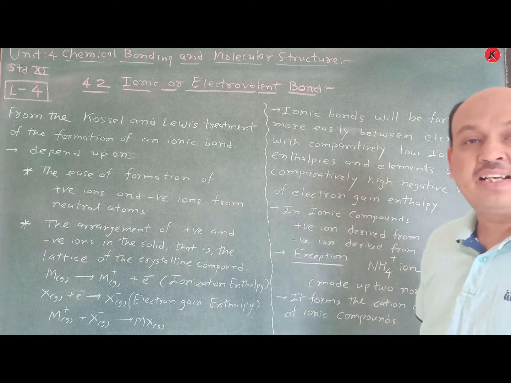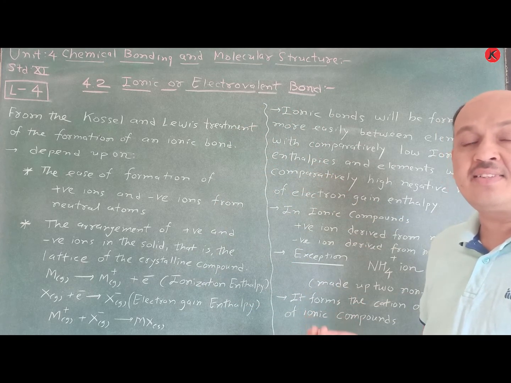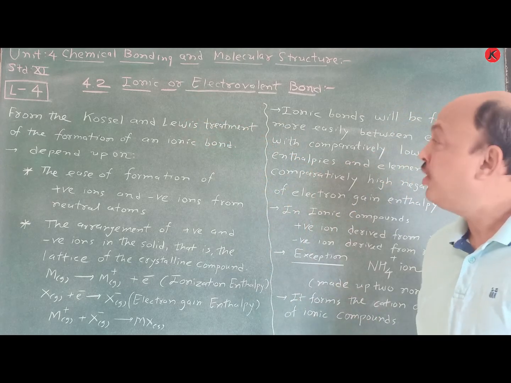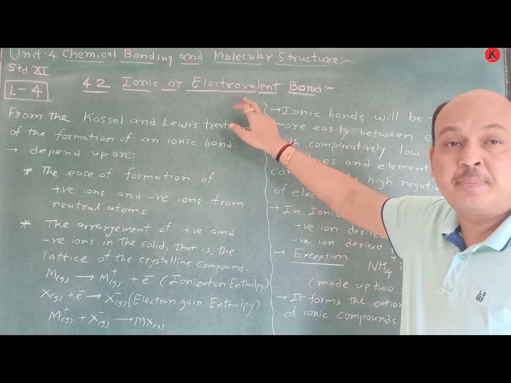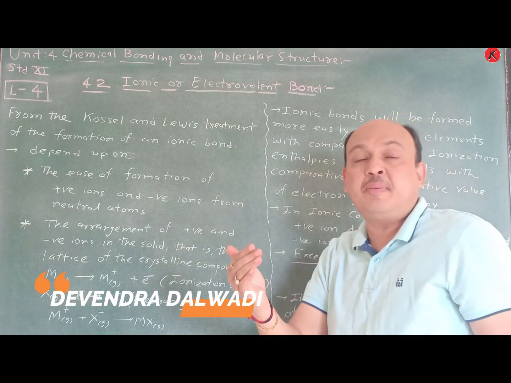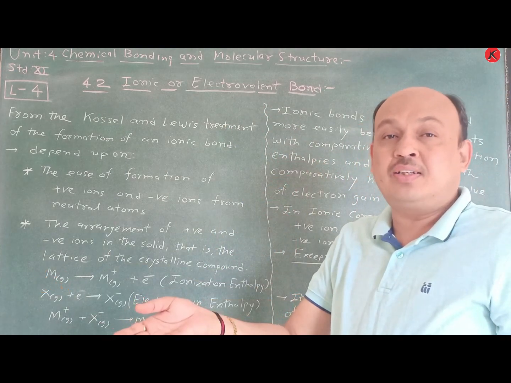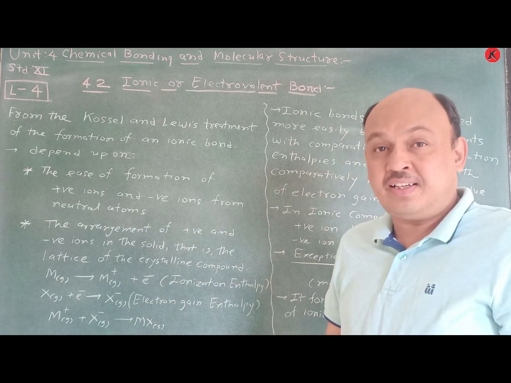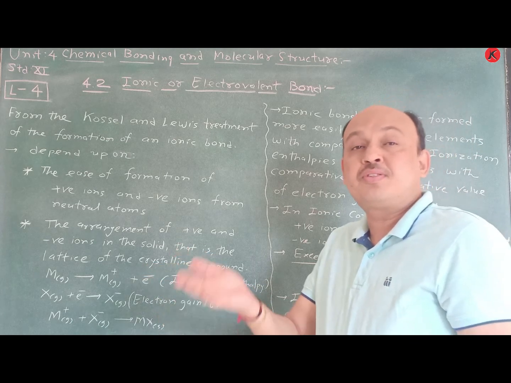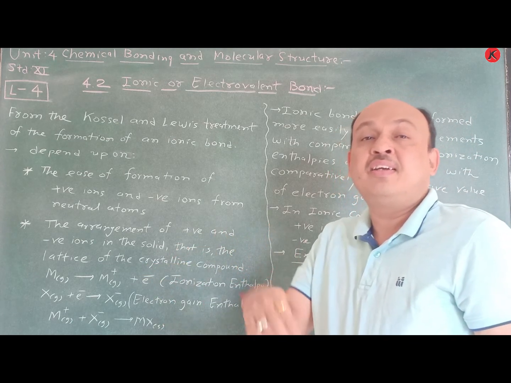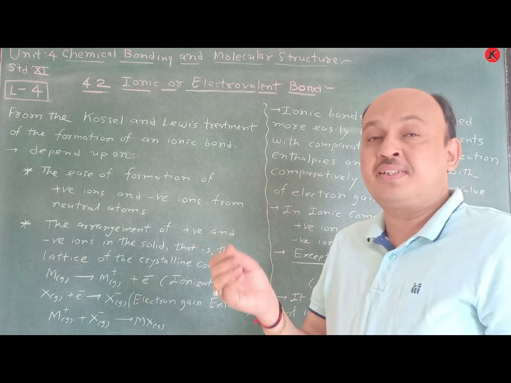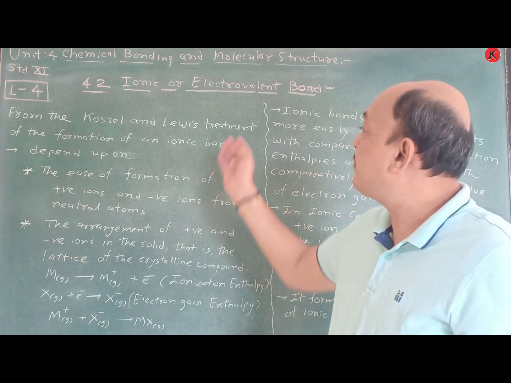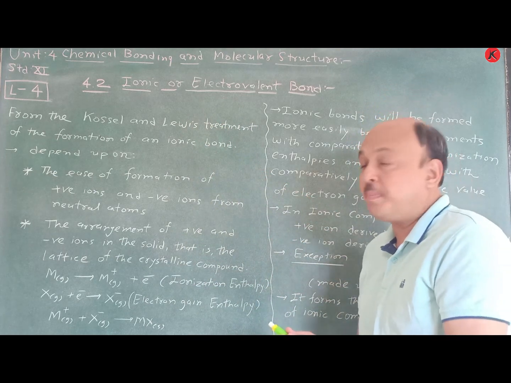The name itself indicates that certain ions are present, converted into positive ions and negative ions. So remember this one, electrovalent means what? From a neutral element, suppose it releases an electron, that means it just lost an electron, it produces a positive ion, or say cation. And suppose a neutral atom or element gains an electron, it produces a negative ion. So this is a very simple funda of this particular ionic or electrovalent bond.